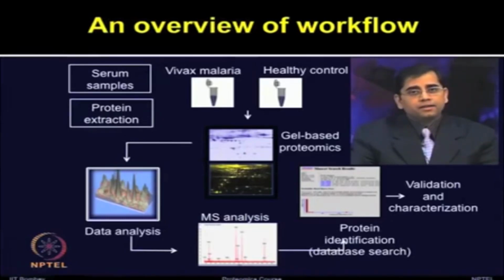We separated a large number of proteins on the gels, compared the data, looked for those proteins which are significantly differentially expressed in vivax as compared to the healthy controls, and then those proteins were subjected to mass spectrometry analysis. Further, we validated a few targets and analyzed the data for various types of pathways which could be involved in such